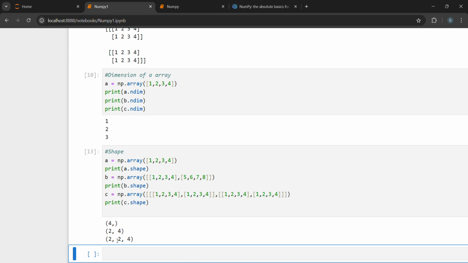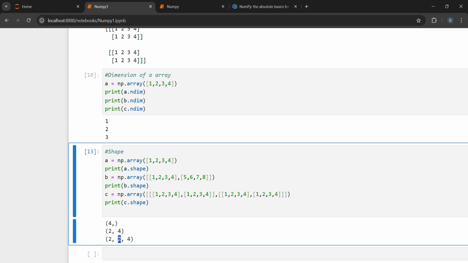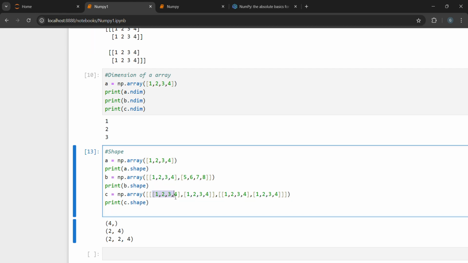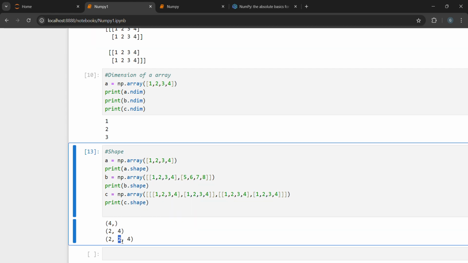So for 3 dimensions we have 2, 2 and 4. What does the 2 represent? We have 1 2, and in this list we have 1 2. So we have 2 and 2 in each. This 2 represents,